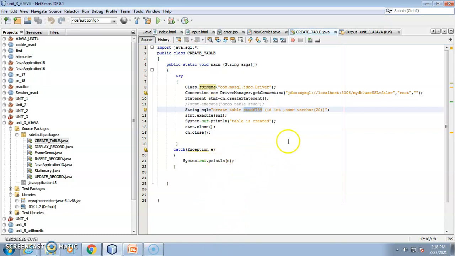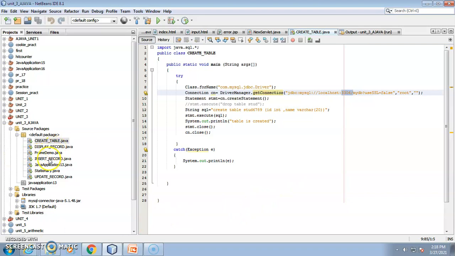I just want to tell you where the things have actually been created inside the WAMP server. You might have seen that. Now this is how we have created the table 6789. It is inside the database MyDB. Now you can see here the connection is along with the database MyDB, and 3306 is the default port of MySQL. That's why it is 3306.